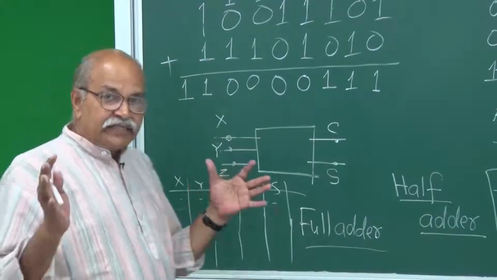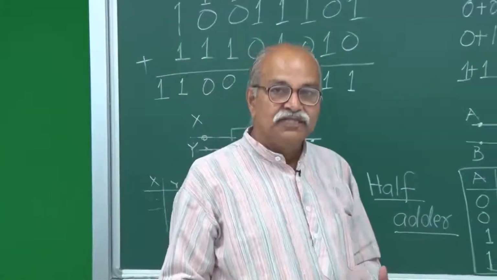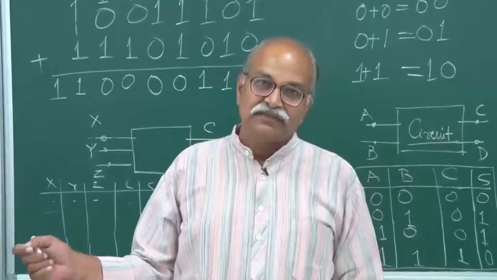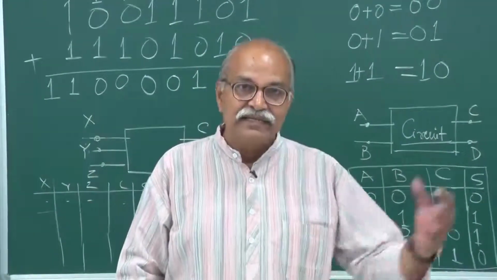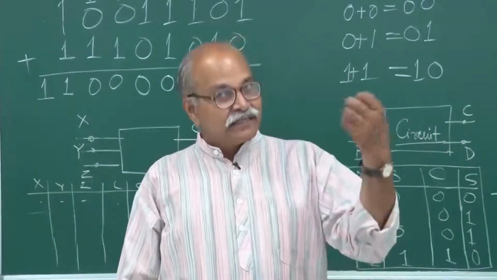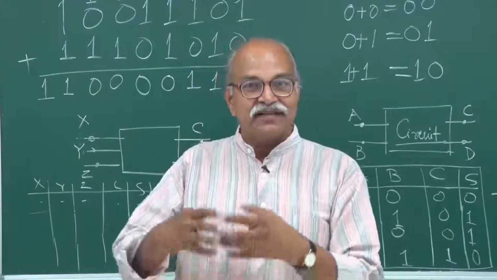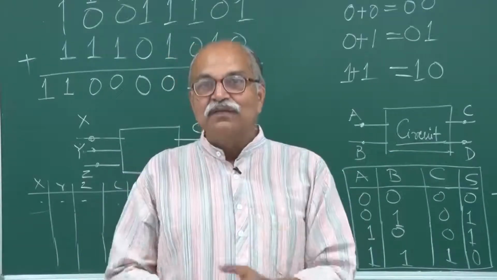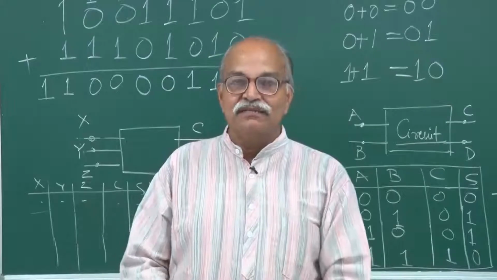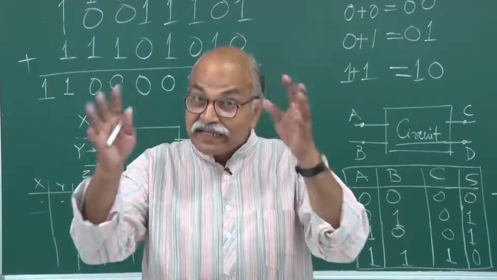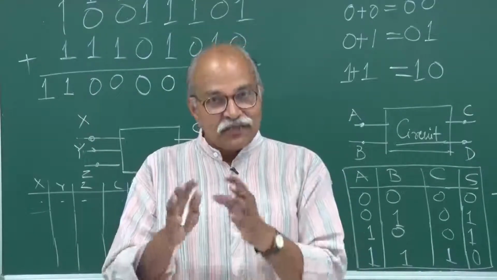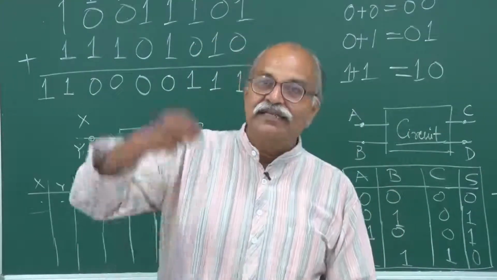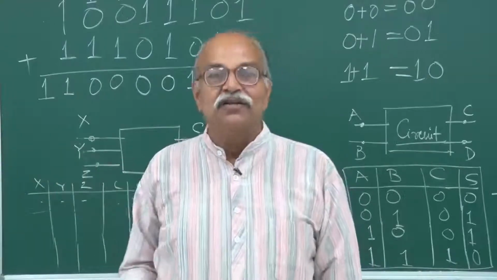So any digital circuit which takes digital input and gives digital output, that is a digital circuit. It takes digital input, but it is an electronic circuit, a combination of diodes, transistors or resistances. An electronic circuit only takes voltages and currents, and it gives output as voltages or currents.